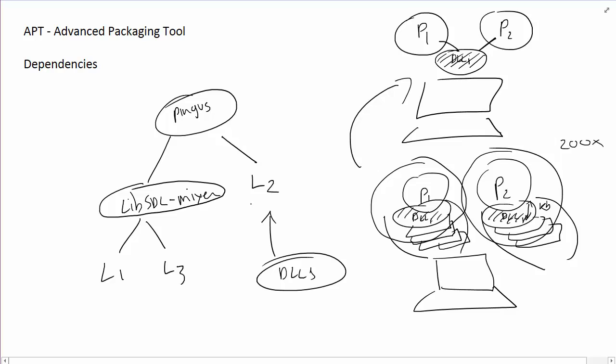Now the idea here is that if we have dependencies like this to multiple DLLs like libSDL, mixer, etc., we are in a situation where we can have a lot of problems emerging if we do not have a very efficient way to manage those dependencies when we install and when we remove software. So what kind of problems are we talking about? There's an interesting article on Wikipedia called Dependency Hell, and I really